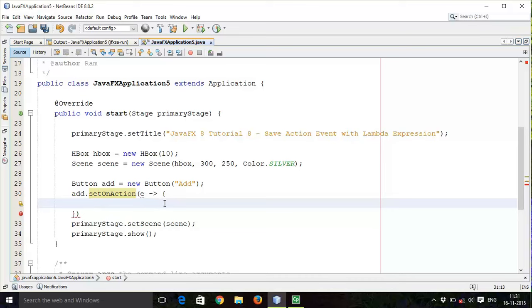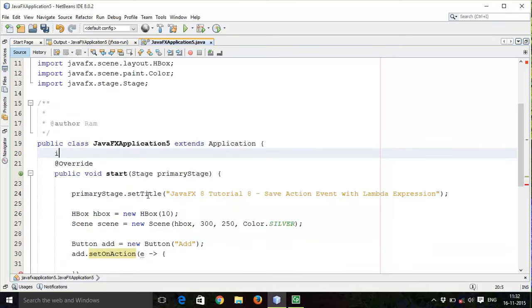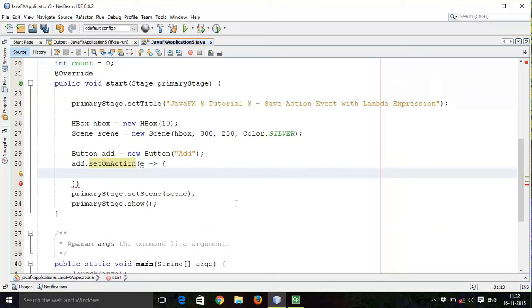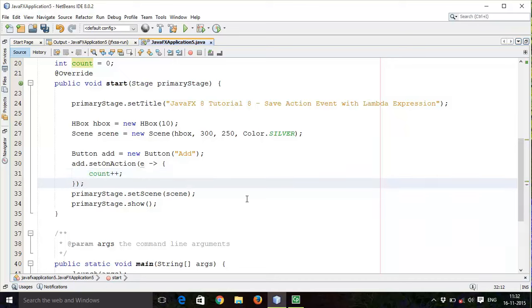so first of all I will declare one integer count. We are writing a program for increment and decrement operations, so I will add a variable count outside the start method. So count equals 0 here, and I will add here count plus plus, this will increment the count, semicolon here.